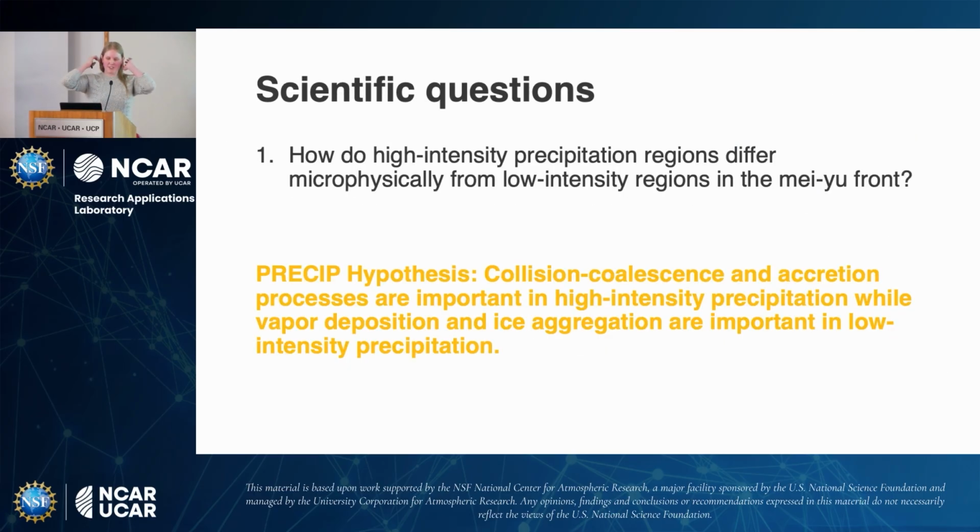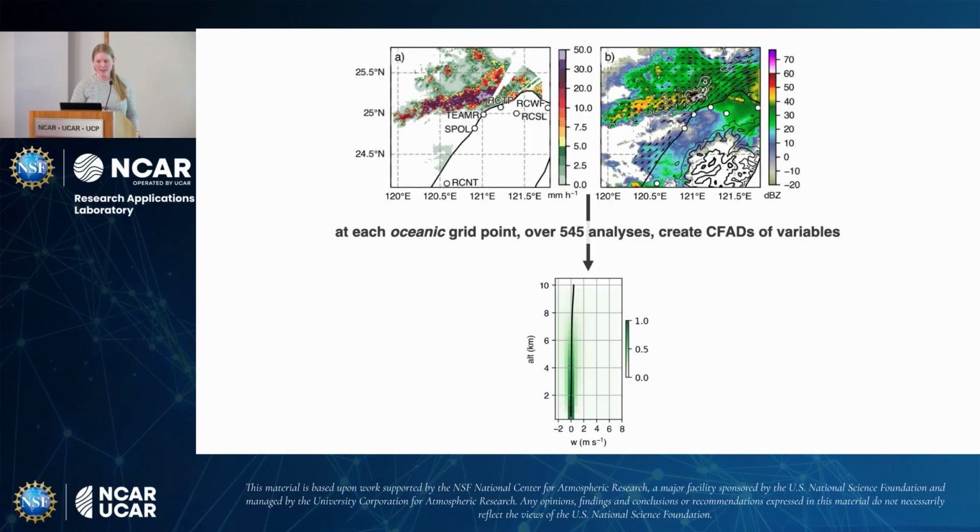So in terms of the scientific questions for this part, again, similarly, how does high intensity precipitation differ microphysically from low intensity regions? And our hypotheses were that collision coalescence and accretion are most important in high intensity, while vapor deposition and ice aggregation are important in low intensity precipitation. So we're going to do similar-ish statistics, except now we're going to focus on distributions instead of means. Similarly, we're going to look at each oceanic grid point over the 545 analyses, but now we're going to